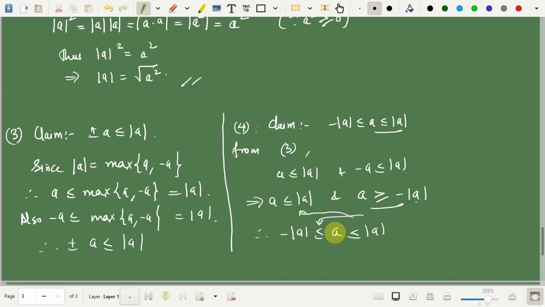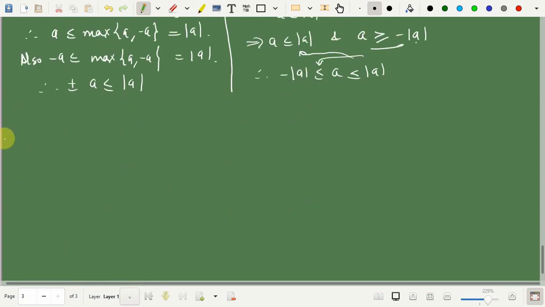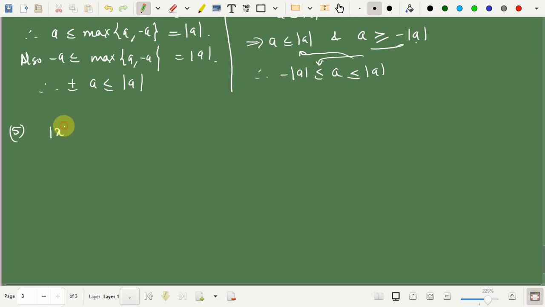So, that proves the fourth one. The second one is very interesting and we use it most of the time. So, the fifth one says that we want to show that mod of x is less than epsilon